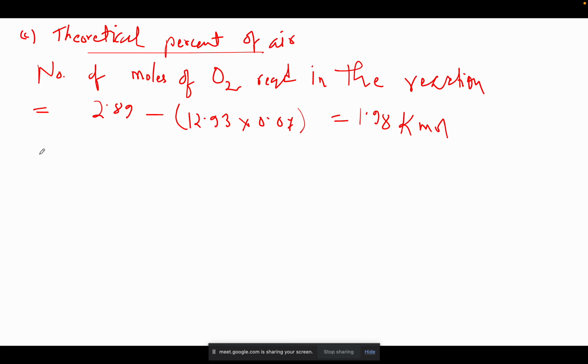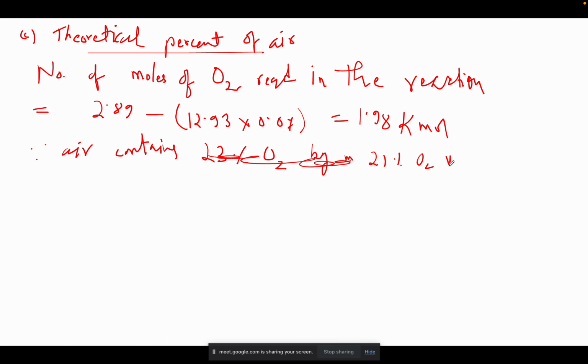Okay, now since air contains 23% oxygen by mass, by volume it contains 21%, isn't it? So since it contains 21% oxygen by volume, okay,